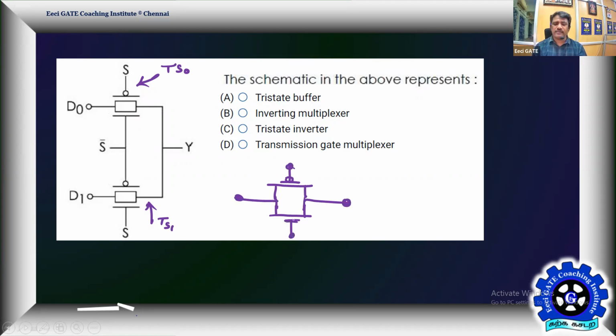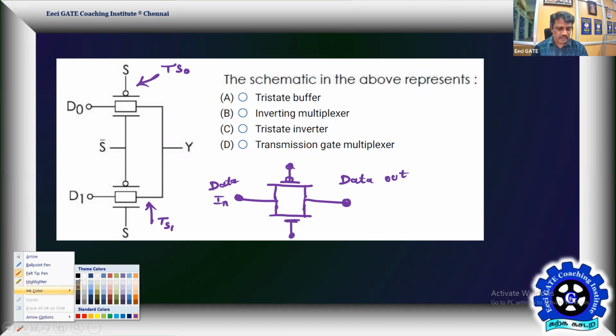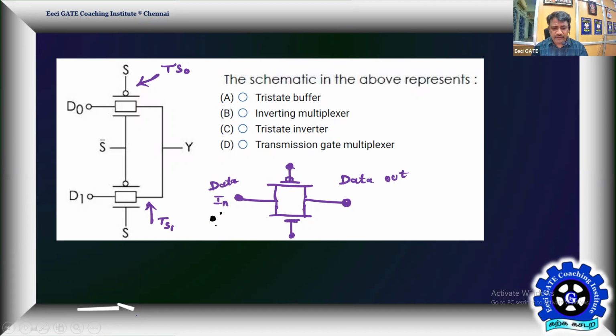What is the benefit of the transmission switch? What we're going to have here is data in, and this is going to be the data out. I'm talking first about the simple function of a transmission switch. The data in may be 0 or 1, and the data out should be 0 or 1. It's a switch, that's all. By giving a 0 for this, I'll give 1 for this at the same time. At the same time, I will enable both PMOS and NMOS.